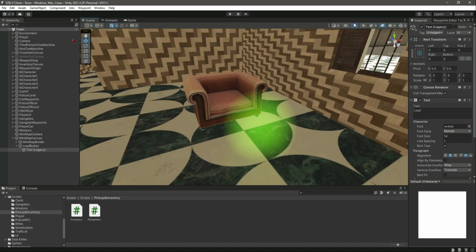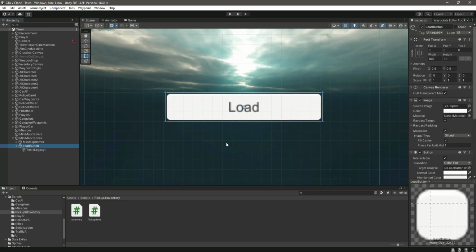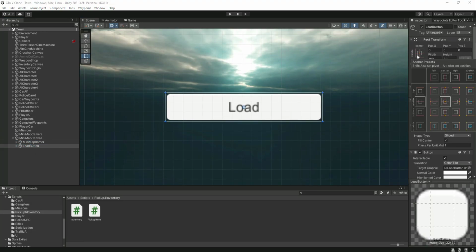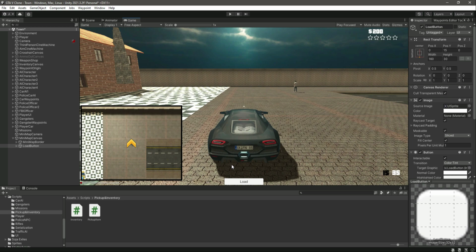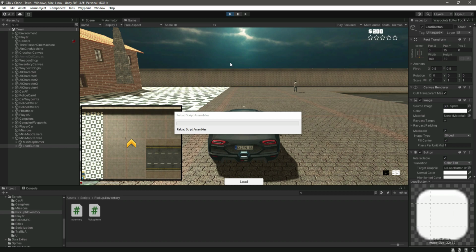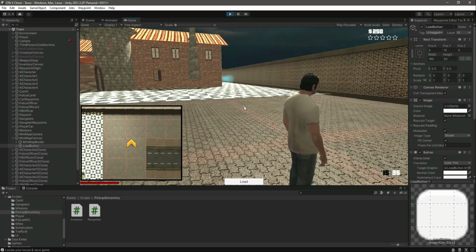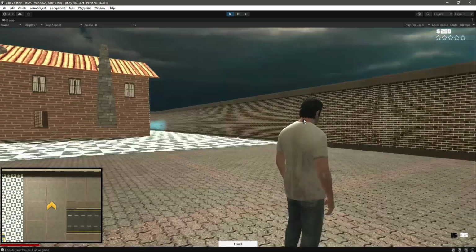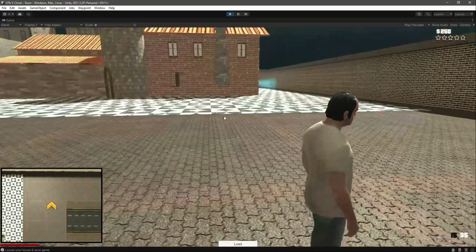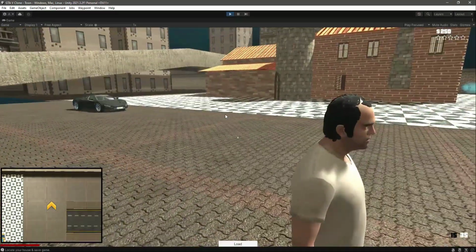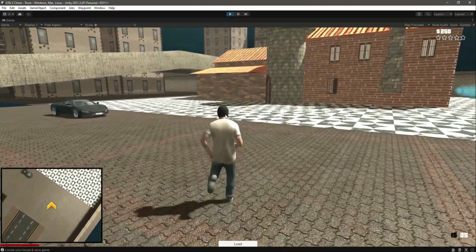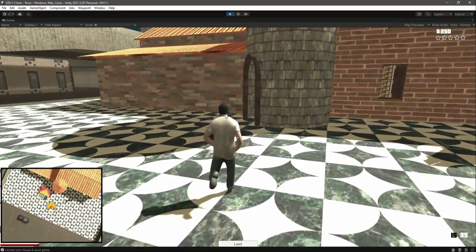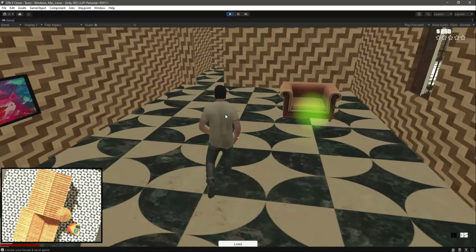And if we change into scene view 2D mode, let's focus upon this button, and let's move this button to bottom center. Okay, so we will select bottom center, and as you can see, there it is. Now we are ready to test this game. So if we play the game, and let me maximize this, as you can see right here, it shows our first mission, which is locate your house and save game. Okay, so now let's complete our mission first of all, and it will basically save our game as well. So if we get inside the light now,